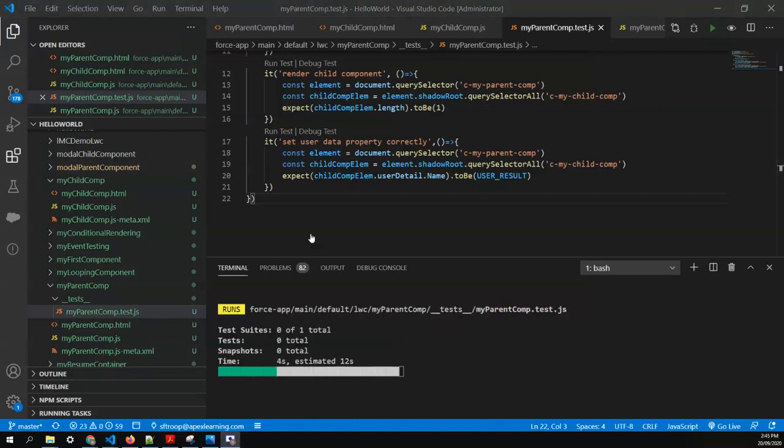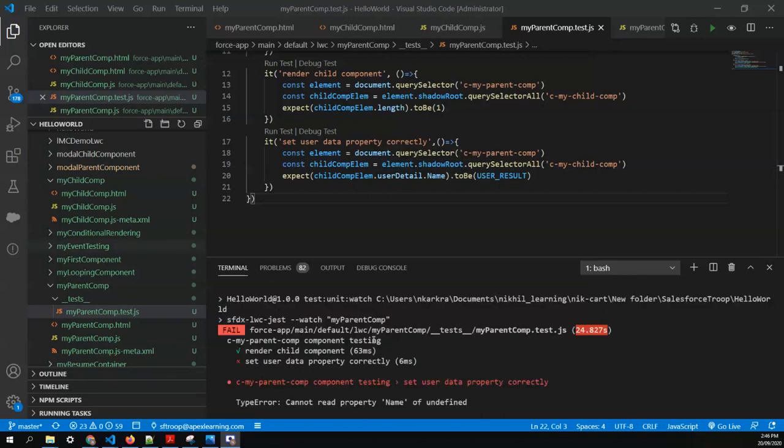Now you see it's running the test case only for our file, that is my parent component.test.js. So this is good. Actually this takes less time. Instead of running the test cases for all the files that are available in the project, just stick to the one file. And by this you can see how many test cases or test suites failed or passed. If you have multiple describe blocks within the single file, that gives you better clarity about your test cases.